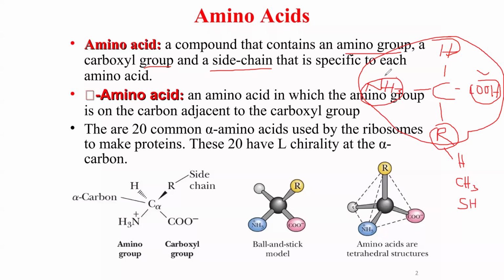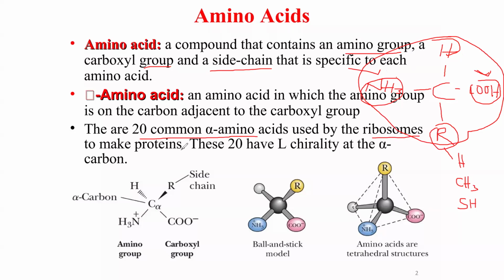But the amino group, carboxylic group, and hydrogen are present in all the amino acids. All amino acids contain a carboxylic group, amino group, free hydrogen, as well as the R side chain. And we have 20 common amino acids, and these 20 common amino acids are the ones that are used by the